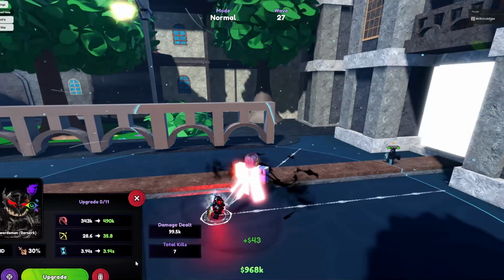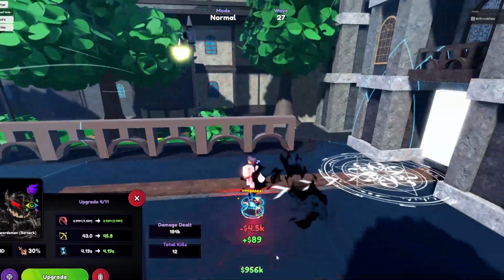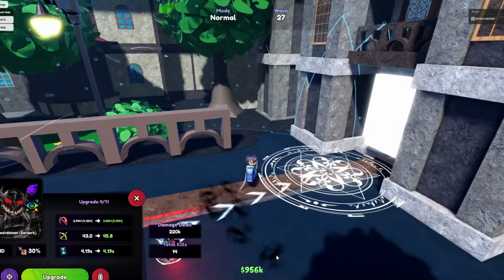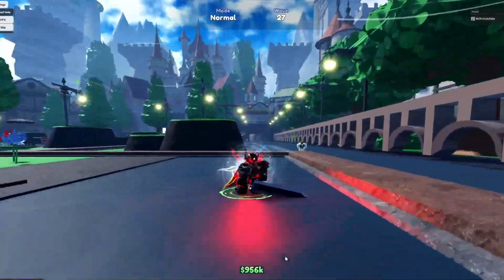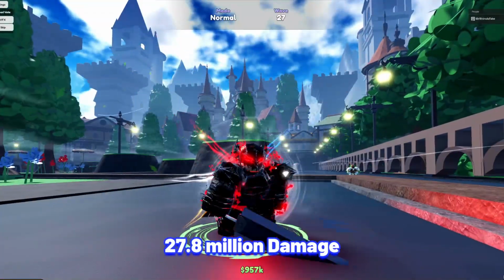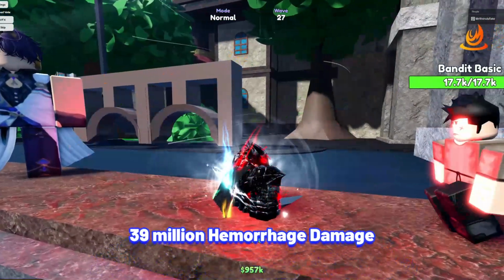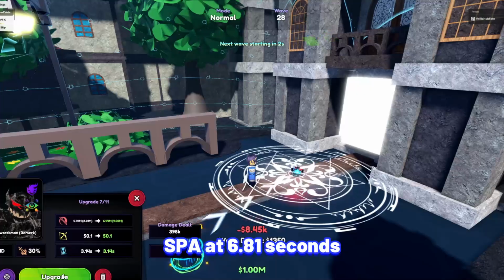Guts is still one of the strongest dark units, especially as he will become full AoE hybrid and will deal hemorrhage damage at later upgrades in this new Anime Last Stand Fate update. Black Swordsman Berserk stats at max upgrade and max LR: 27.8 million damage with his Hemorrhage dealing 39 million, and his SPA at 6.81 seconds, making his damage per second